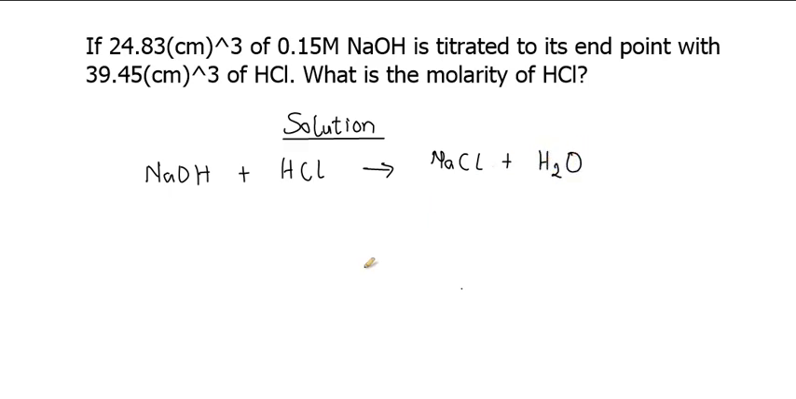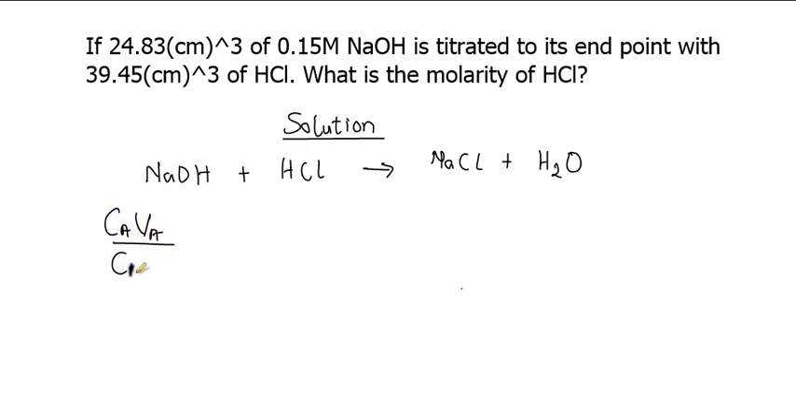So the next thing to do is to check if the equation is balanced. And looking at the equation above, we can discover that it is balanced. So we have a balanced chemical equation. So let's proceed. To solve this kind of question, the formula we'll be using is CaVa